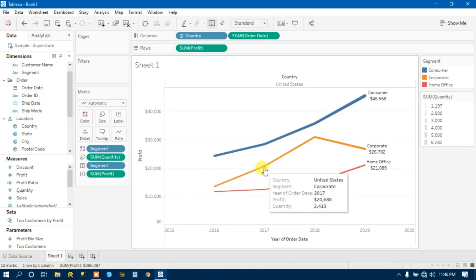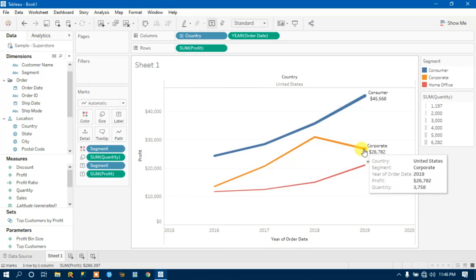Here I increased the quantity a little bit, but the profit was not that much. Here I have increased the quantity and I have got lots of profit. So in terms of comparison, you can compare at what point the quantity and profit ratio is giving much profit, right?